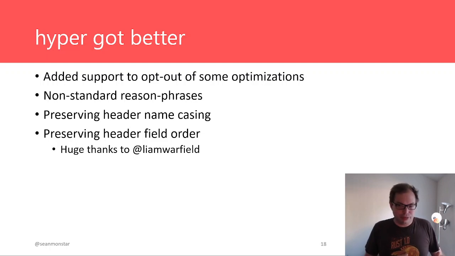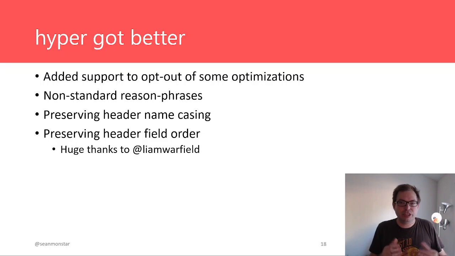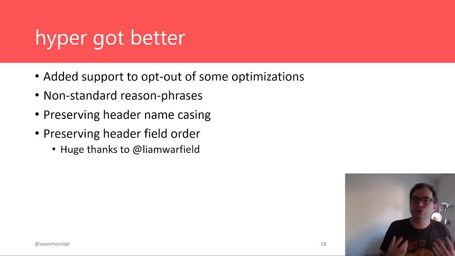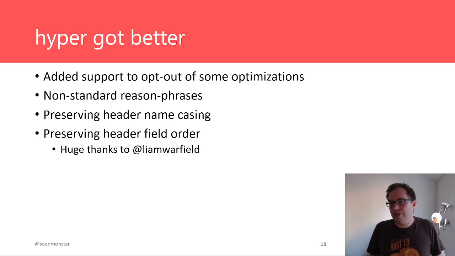Hyper's Rust API takes advantage of deprecations and spec-related details that allow us to make some optimizations. We can skip needing to store a string for the reason phrase because it's deprecated. HTTP2 and HTTP3 don't even use it, and the spec recommends you shouldn't be relying on it. So we don't even save a string for it. We save some words, we save some allocations,